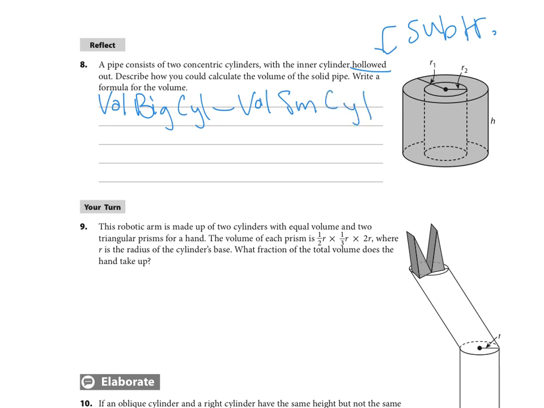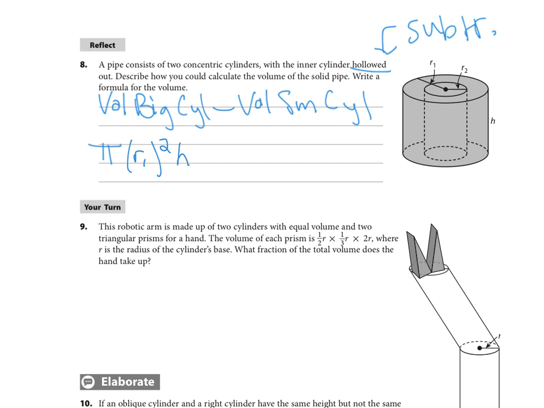Now if we put that in terms of the variables that were given here, we're going to take pi times the radius of the big cylinder, which you can see goes all the way out here, and they've labeled that as R1. So pi times R subscript 1, squared, pi r squared is the area of the circle base,